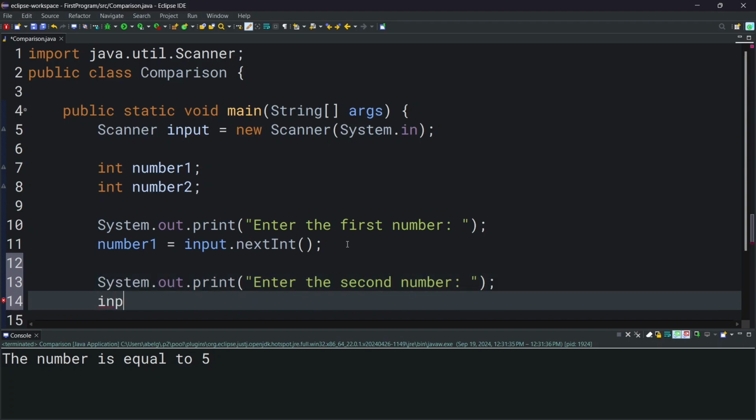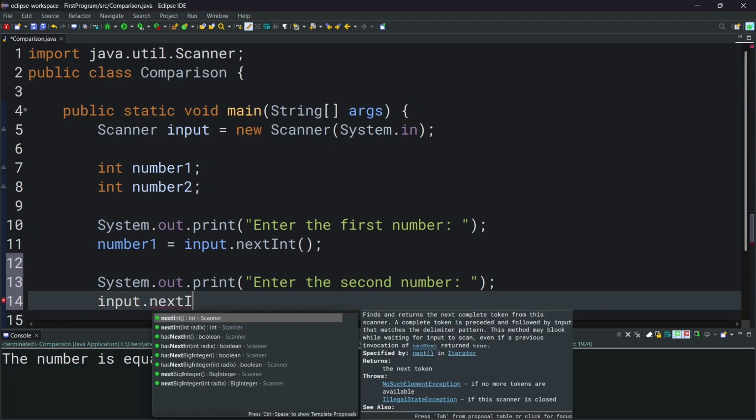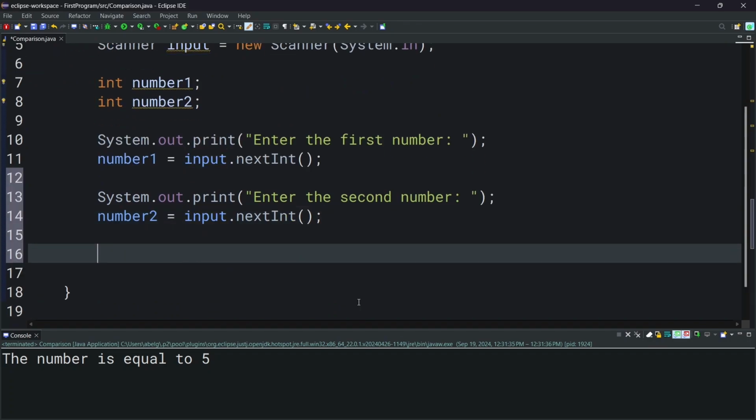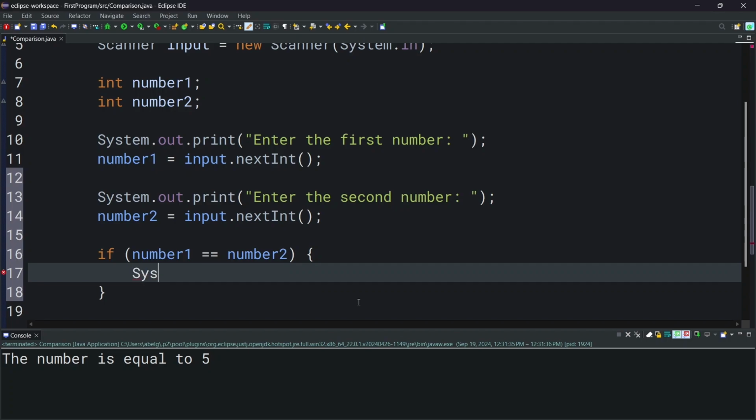And again, we're going to use input.nextInt, and we're going to store that value inside the number2 variable. Next, we're going to handle the different comparisons. So we're going to have if. The first comparison we're going to check is if number1 is equal to number2. To check for equality, we're going to be using two equal signs. And if this is true, we're going to